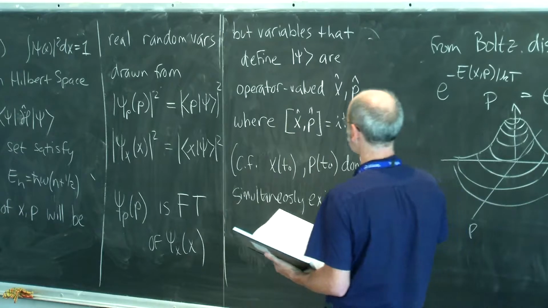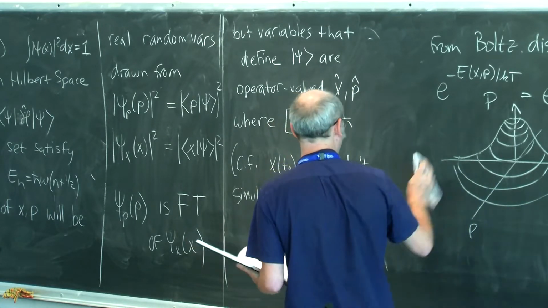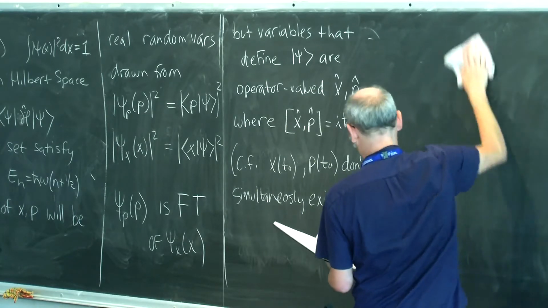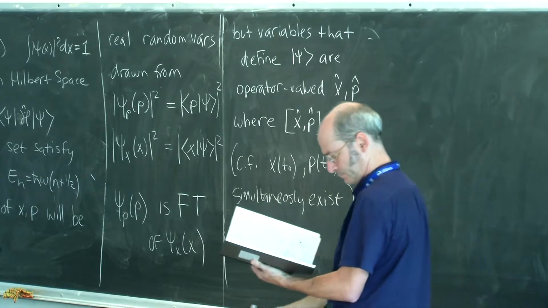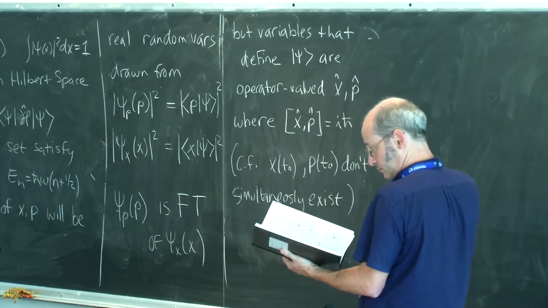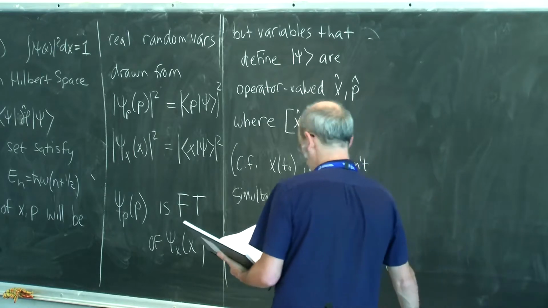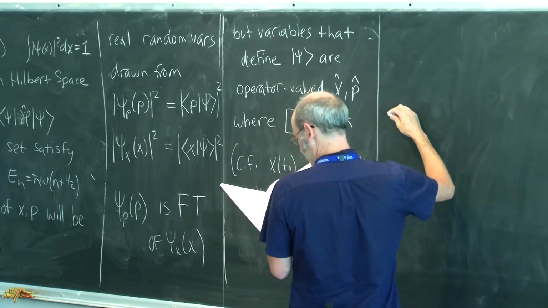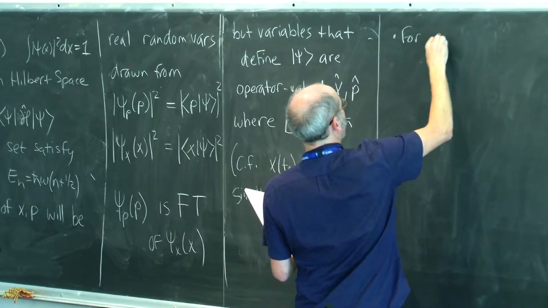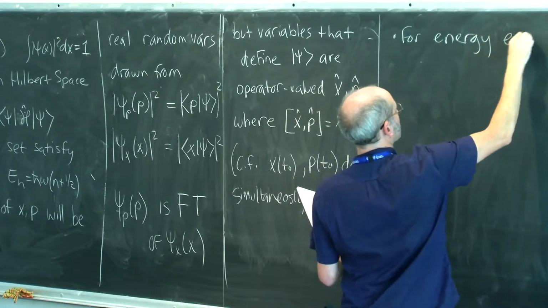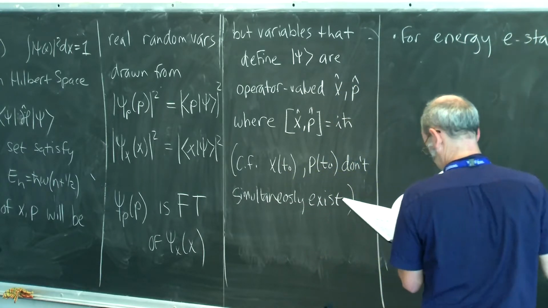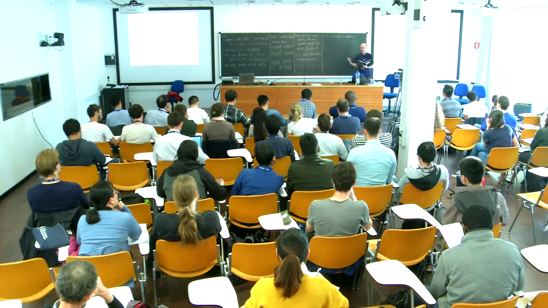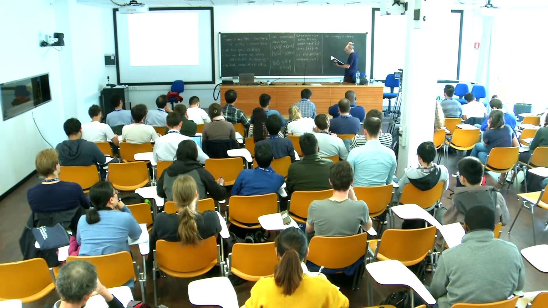Or that a measurement of x will disturb the outcomes of subsequent measurements of p. The last thing I wanted to add to this list was that for energy eigenstates, which in many ways might seem like the closest analogy to the classical states, since they have perfectly well-defined energy,